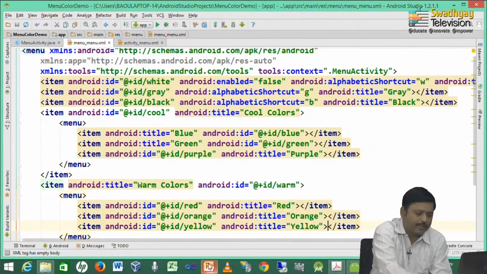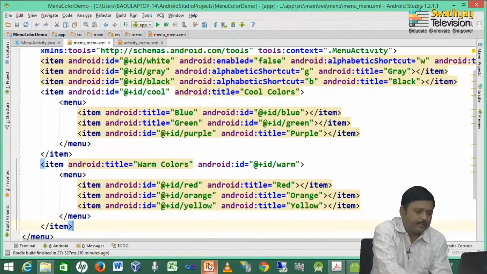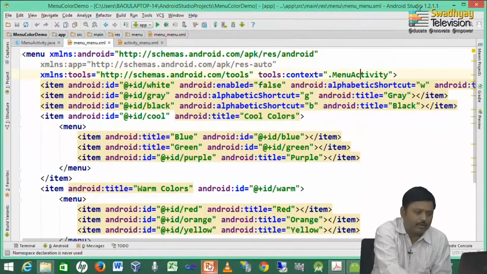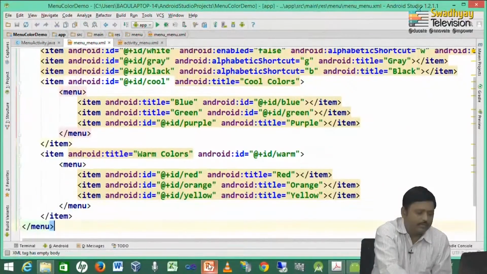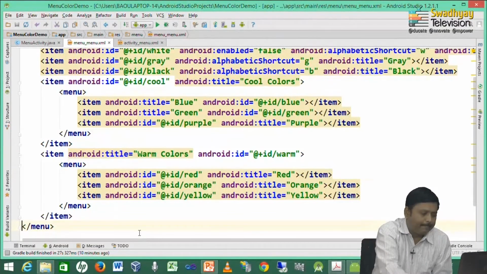Remember, you can also specify its enable, disable, false, or you can assign a shortcut. Here we assign shortcuts to only the first 3 items which are white, gray and black, and white is disabled. You can also use these options inside these. So, now our menu is ready.